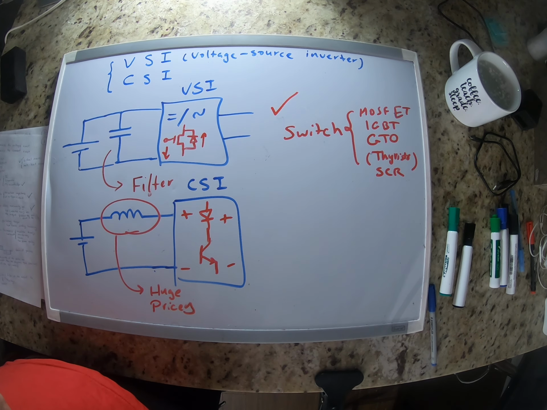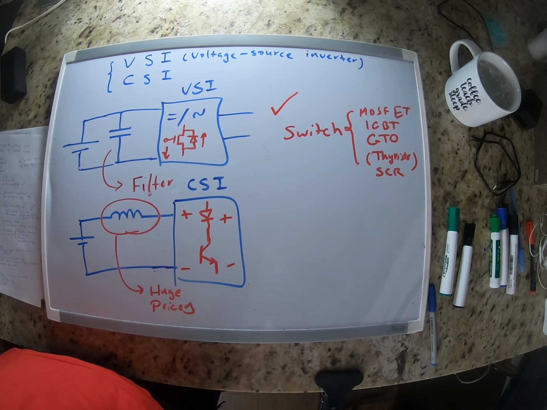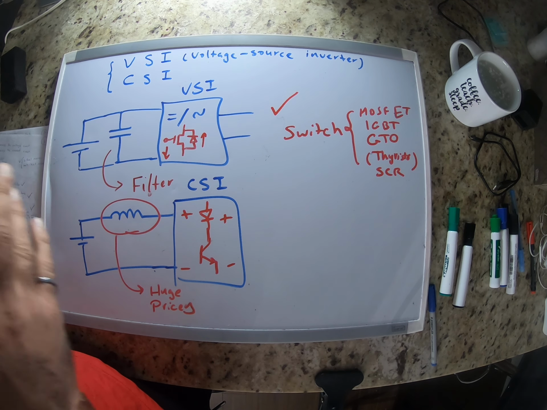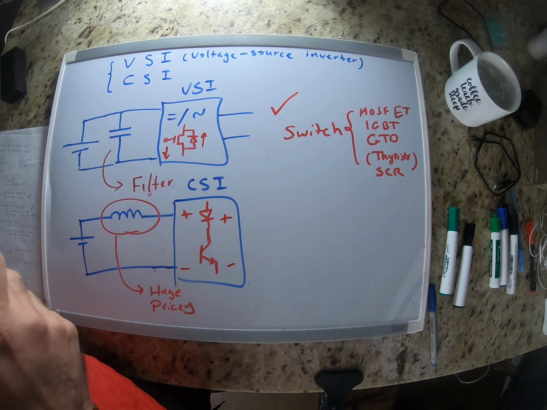Okay, so each of these would have their own advantages or disadvantages based on the voltage, based on the frequency, based on the price, based on the application. And as technology advances, usually the new technology as it comes out is very expensive, but as it gets more mature, it becomes more affordable. So nowadays thyristors are not used that much, but if you see an older inverter, you will see thyristors there. But right now the